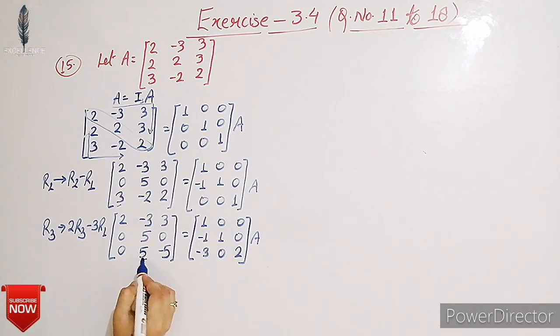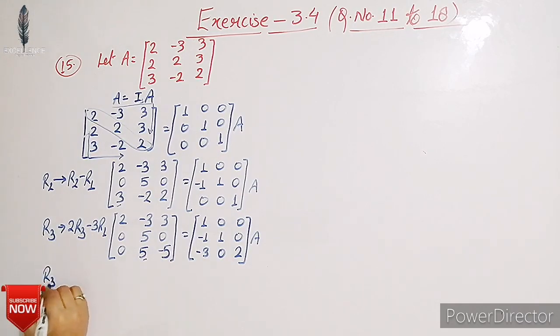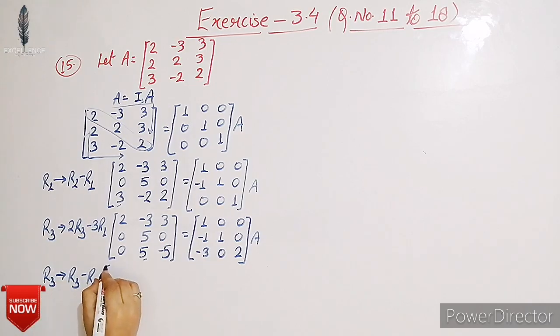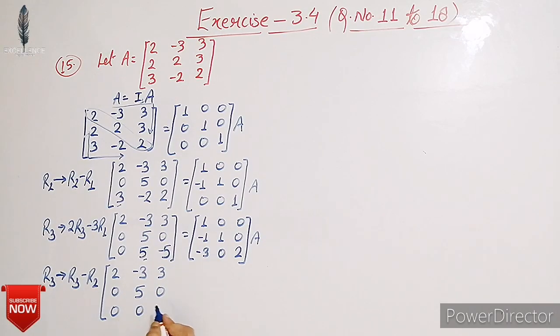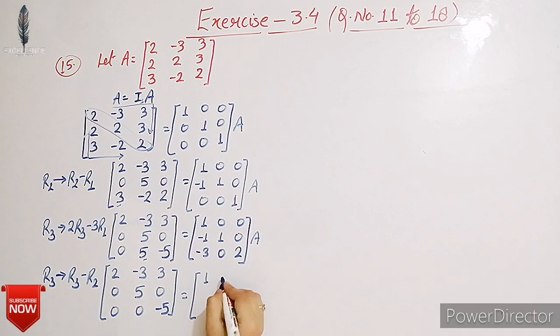Now we have to change it 5 into 0, so इसका diagonal element क्या है 5, then R3 is changes to R3 minus R2. R1, R2 are same, 0, 5, 0, and R3 becomes 0, 0, and here minus 5. Same for here, R1 and R2 are same, and change the R2 according to R3 minus R2, then we have minus 2, minus 1, and here 2.